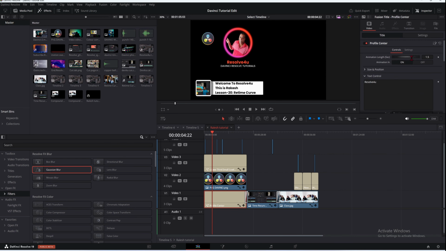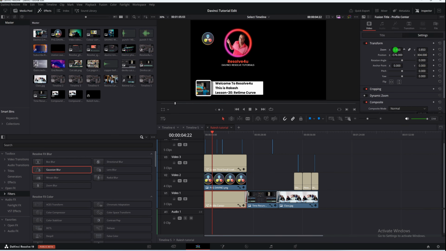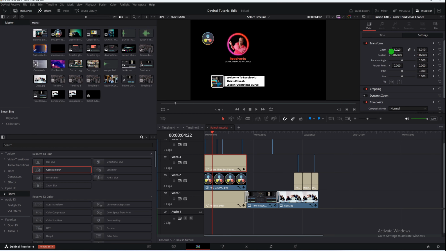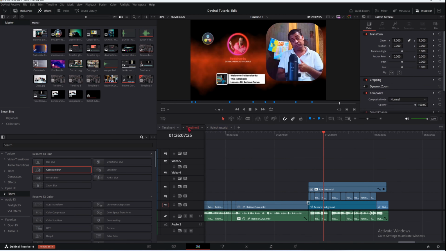I want to change here. In settings, I will come here and zoom. This is our photo. You can change anything in this photo. And now we come to this lower third. You can change in the lower third. Just do it. You see, the lower third is small now. Such type of effect. Because this is a timeline especially for this clip, and this will affect your video here. You see, I have come here.